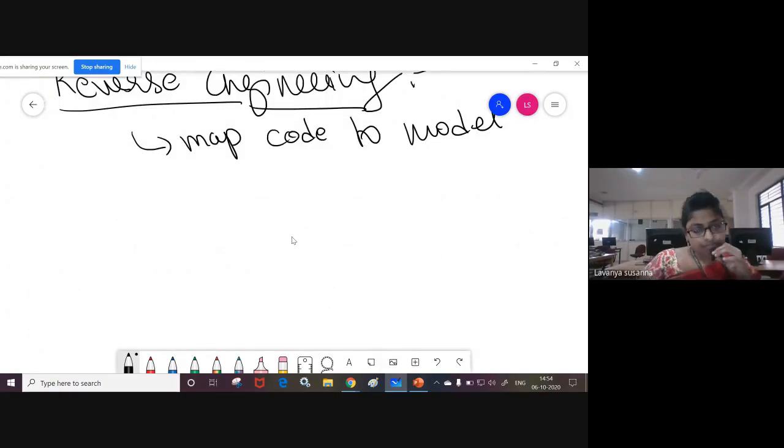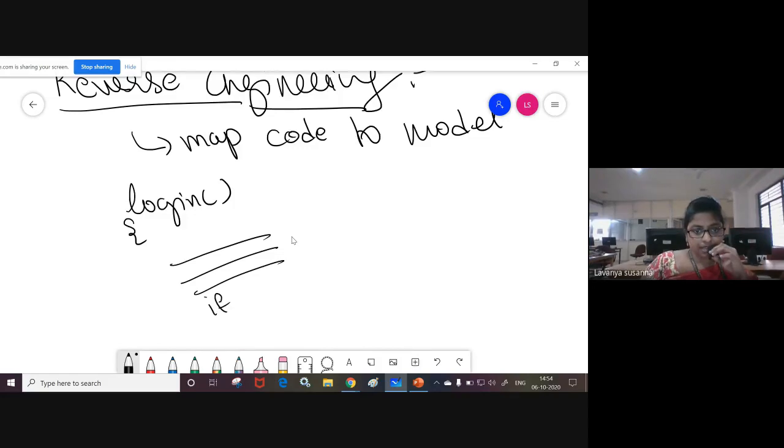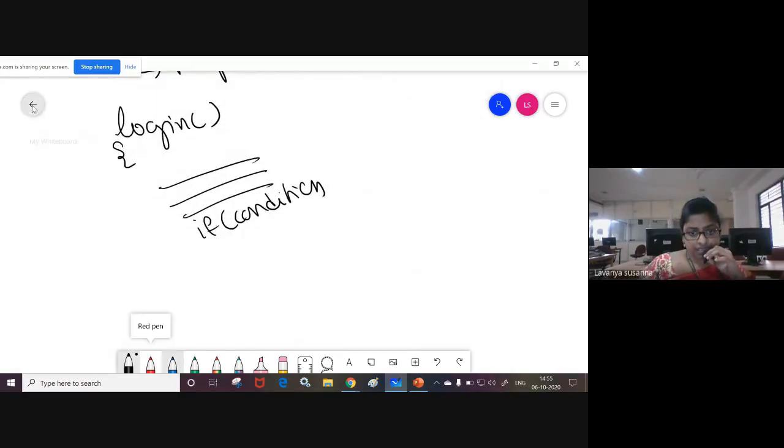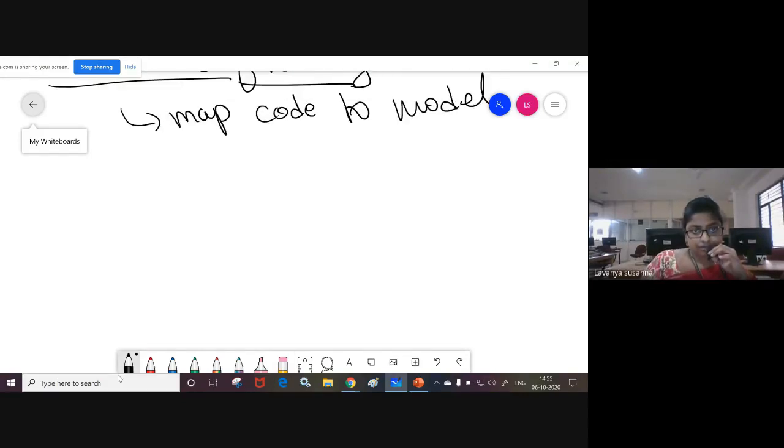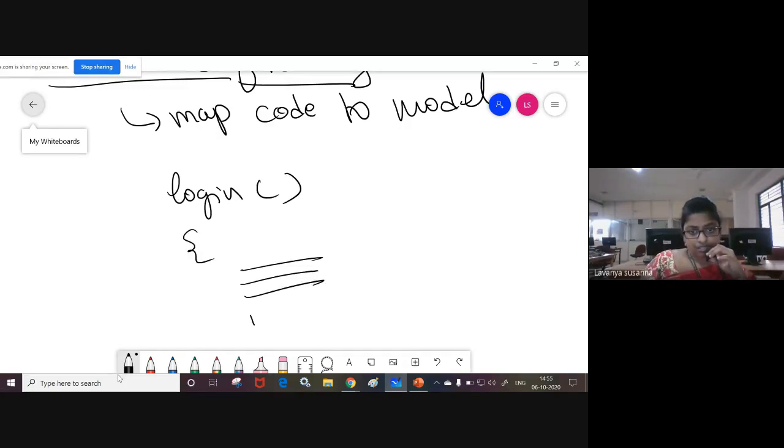First, for example, there is a method called login. There are some statements. There are some conditions, an if condition.